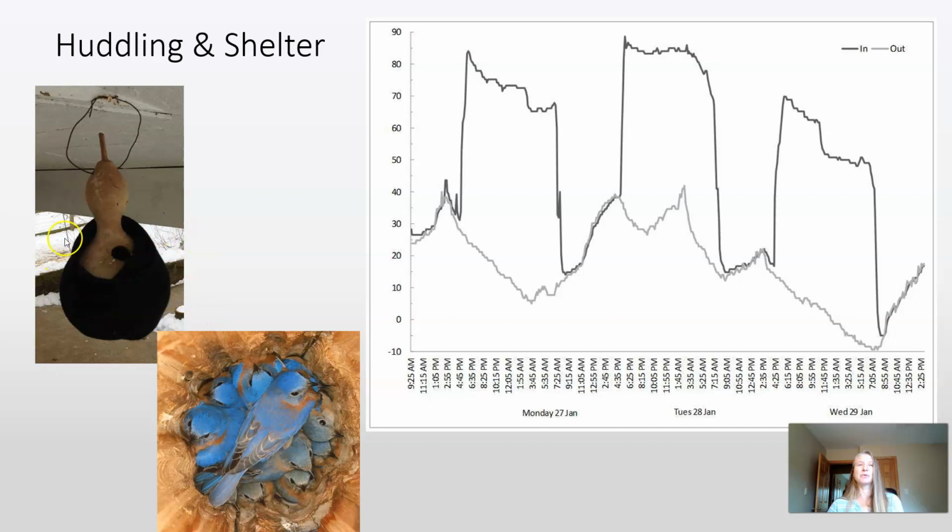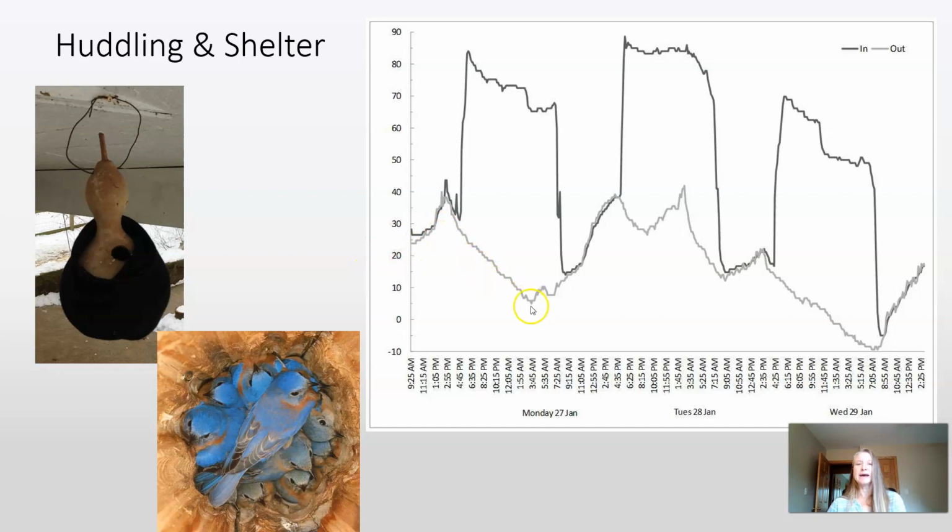So I gave that gourd a little extra insulation with a toboggan or a cap. I also threw an iButton in there because I thought, I wonder how they're doing and what's going on here. So the light gray line is ambient temperature. So I had an iButton on the outside of the gourd so that we could record the temperature. And you can see that, during the day, the temperature increased almost to 40 most days.